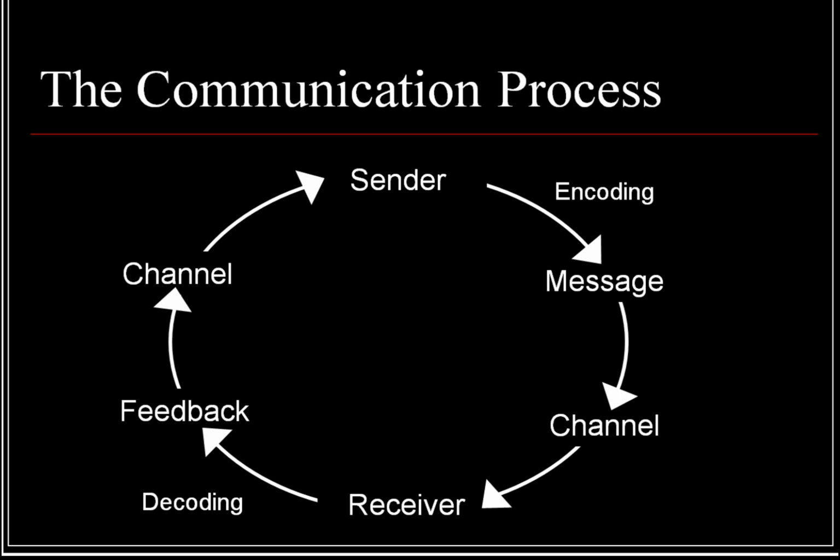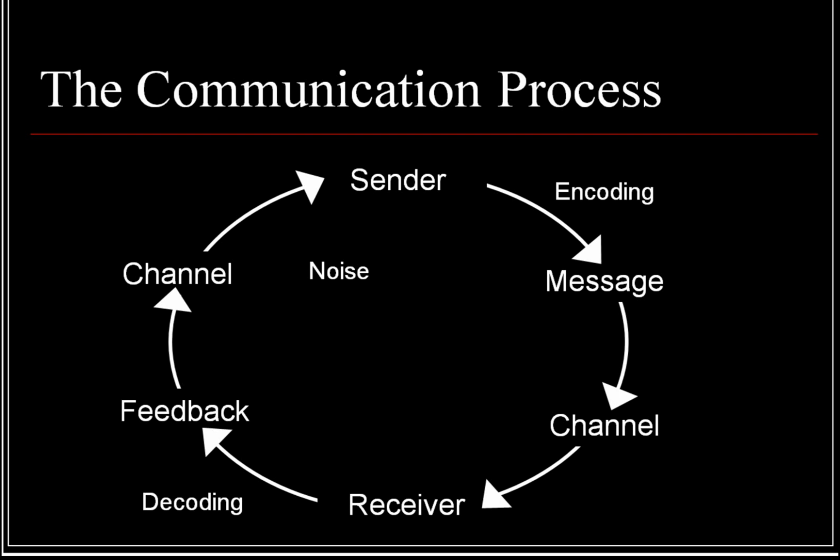Similarly, the bias could be in the sender. I don't think that you're a very intelligent person. Therefore, I'm going to put this message in a way that reflects my bias. So I'm going to dumb the message down, or I'm going to say the message in such a complex manner to guarantee you don't receive it. So the sender could have biases that affect his or her encoding process and ultimately the message that's being formed. Also, people have biases. I really don't believe in what you're saying, or I don't believe in this program. Therefore, they don't put a lot of effort in terms of selecting the right channel. All these things can destroy the communication process.